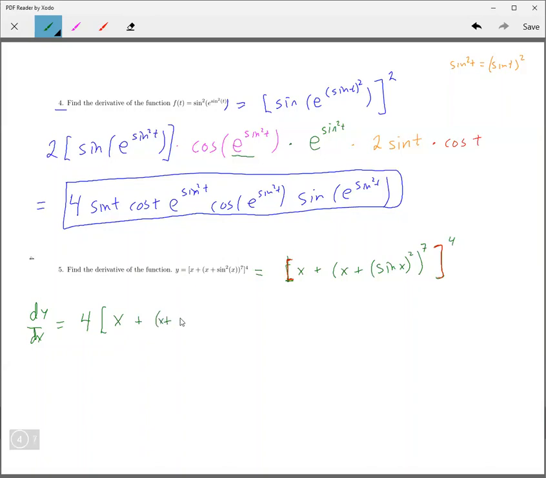Okay, then now we're going to multiply with the inner function. This is the inner function right here. And so its derivative is going to be 1. So the derivative of this is just 1 plus, okay, now here,